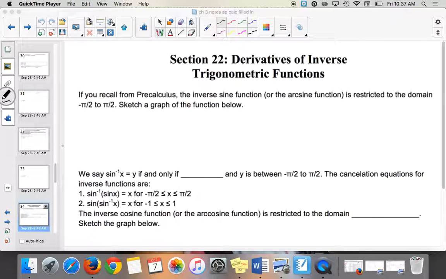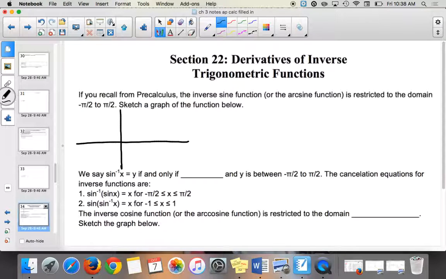22 is on the derivatives of inverse trig functions. So inverse trig functions are the things like y equals sine to the negative 1 of x, right? So inverse sine or arc sine you might see. So if you recall from pre-calc, when we draw just the sine function in general,